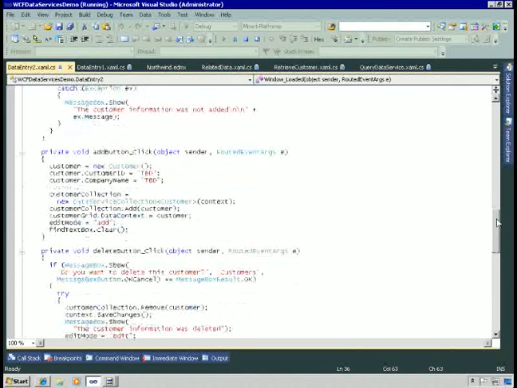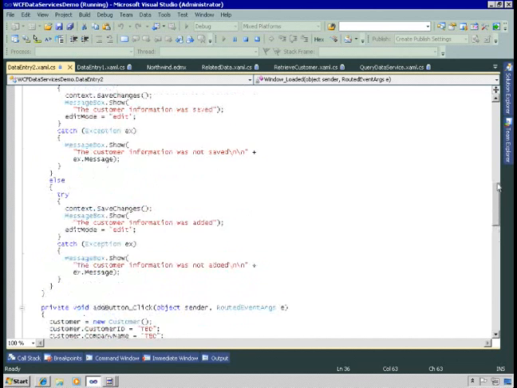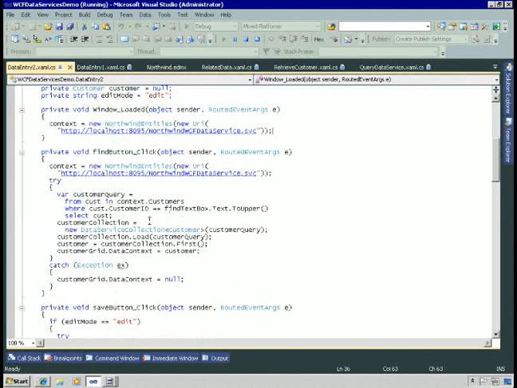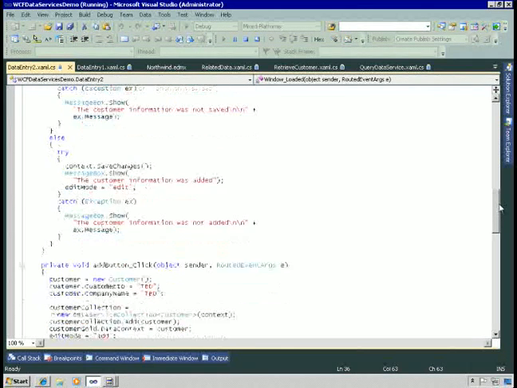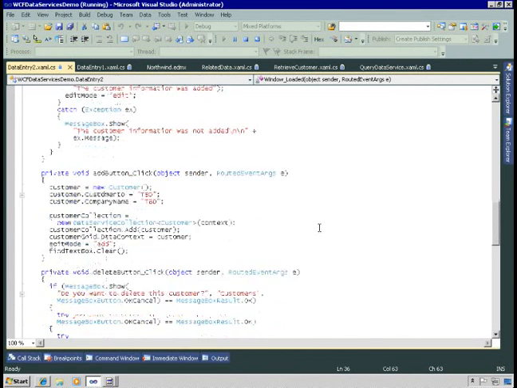Now when I click add, this code's different. I create a new instance of the customer class, set customer ID and company name to TBD, and then I create a new data service collection and I add the customer to that collection. Now you might be thinking to yourself, what? Wait a minute. Didn't you create a data service collection here? Don't you already have a customer collection? Why can't you just add this to the customer collection here? Well,